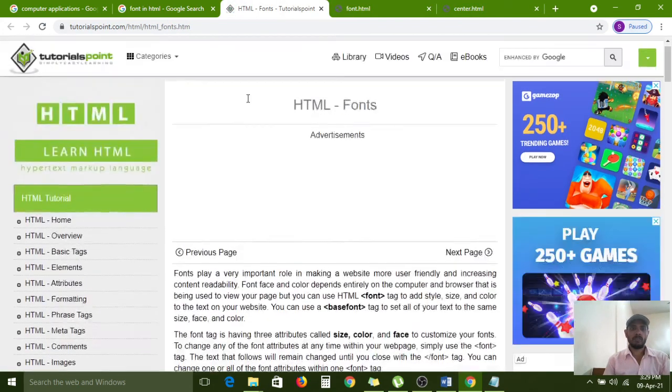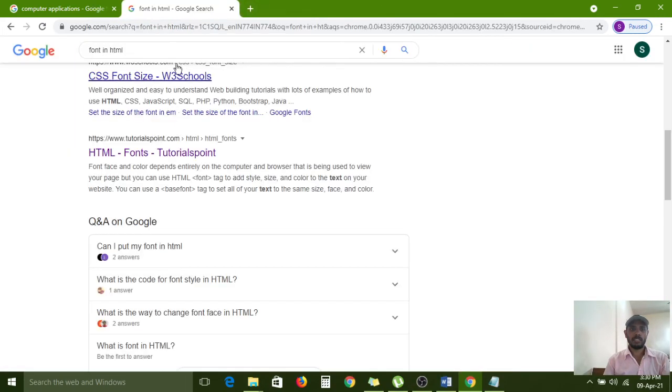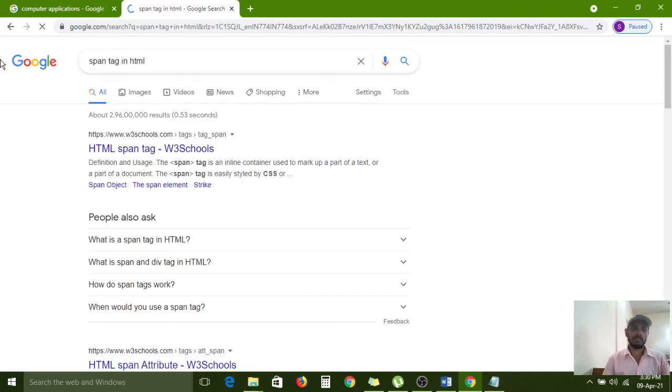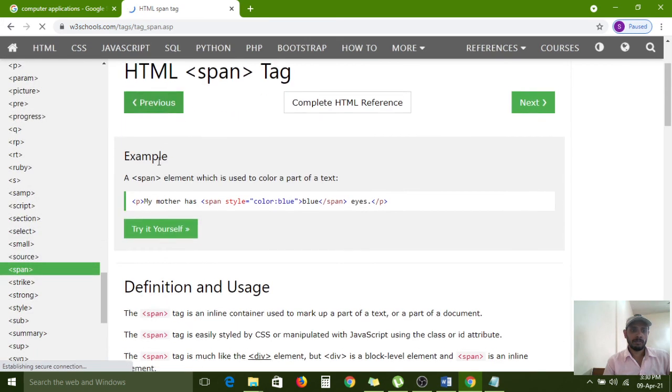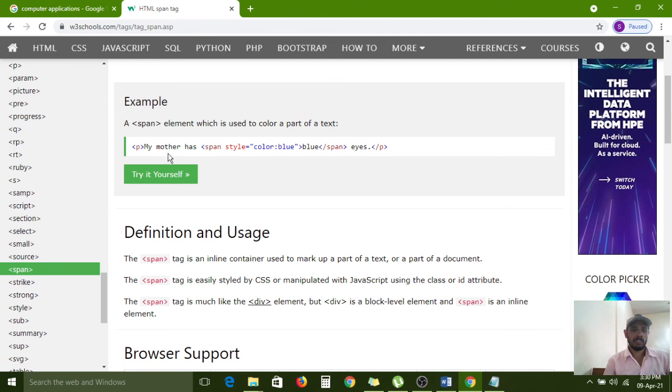Now we have to know about the span tag. Span tag in HTML. A span element is used to color part of a text. Here one paragraph is applied: my mother has blue eyes.